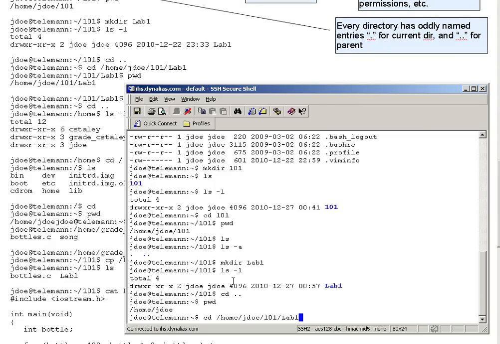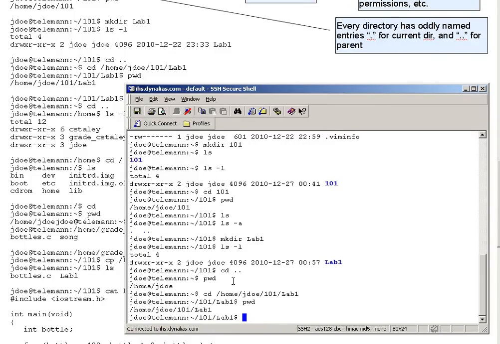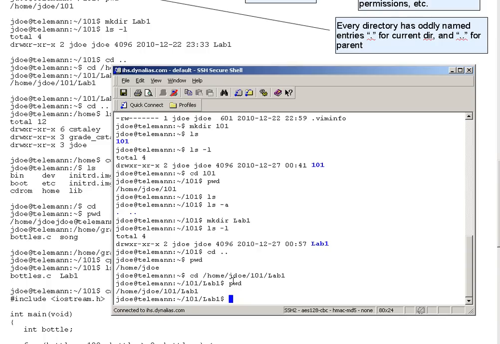Now that I've done this cd command, I should find that I'm back in that lab1 directory, and the pwd confirms that fact. Okay. So let's see, what do I want to do at this point? Let's explore around a little bit more in the larger file system. I'm going to go back and I'll use an absolute path name to do this, just for fun, to my home directory,